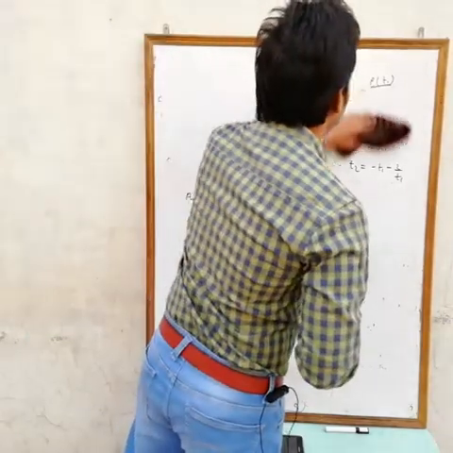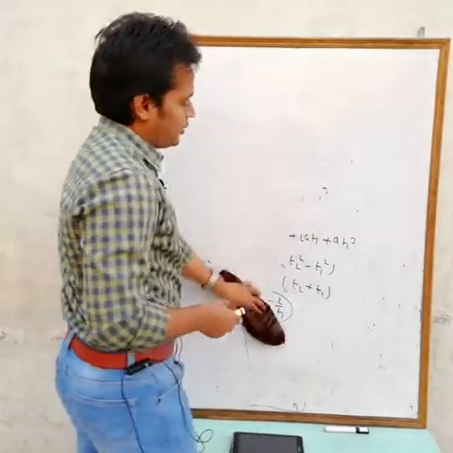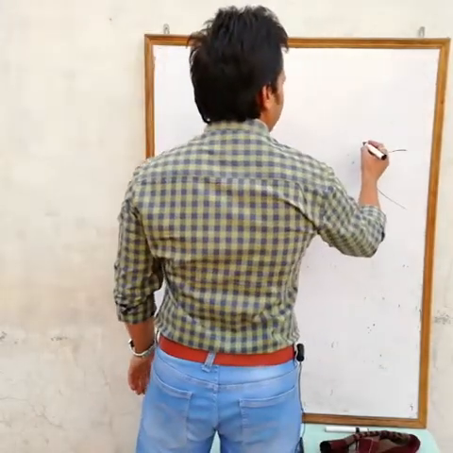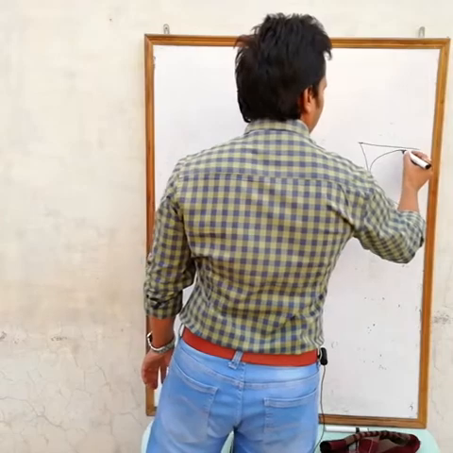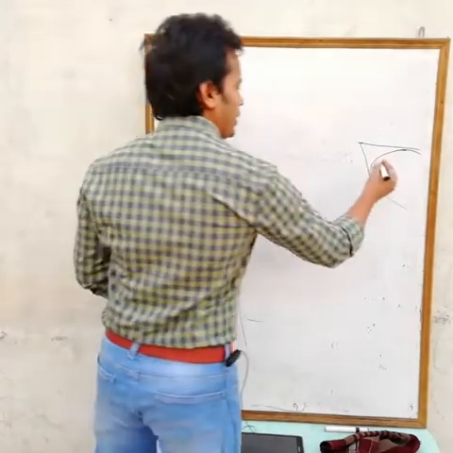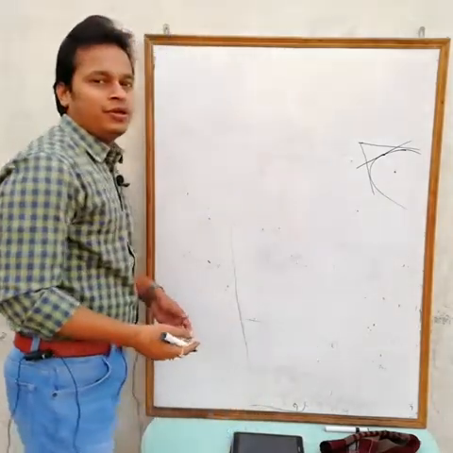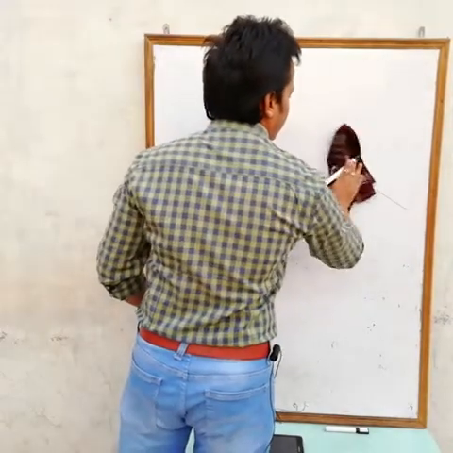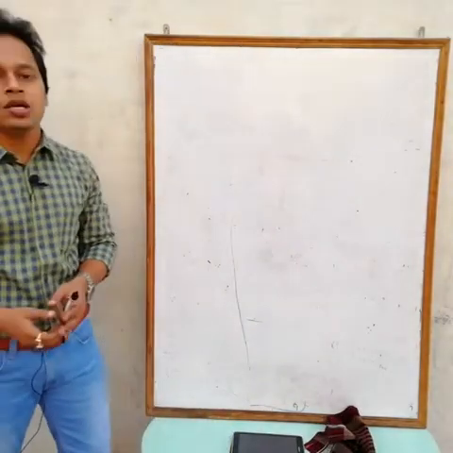Now actually we know that a maximum of two tangents can pass through a given point h comma k. For this parabola, suppose any point, then how many tangents can we draw at most? Two tangents we can draw from a given point like this one. If the point lies on the parabola, then only one tangent. If the point lies inside, then no tangent. So the maximum number of tangents we can draw to the parabola from a given point is 2. Similarly, now I want to find how many normals we can draw from a given point.